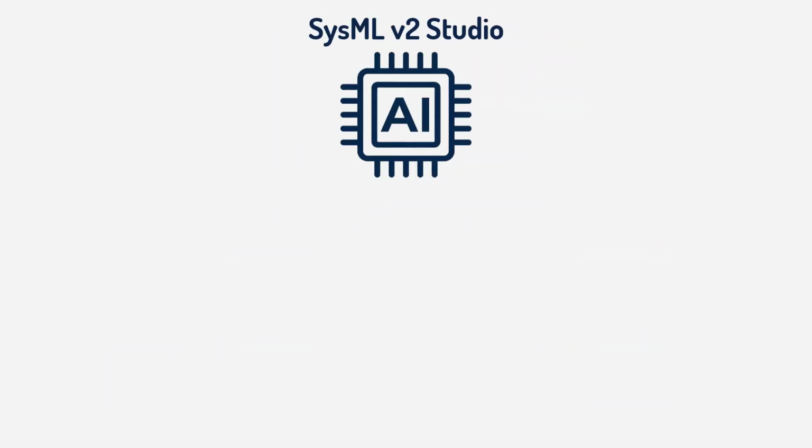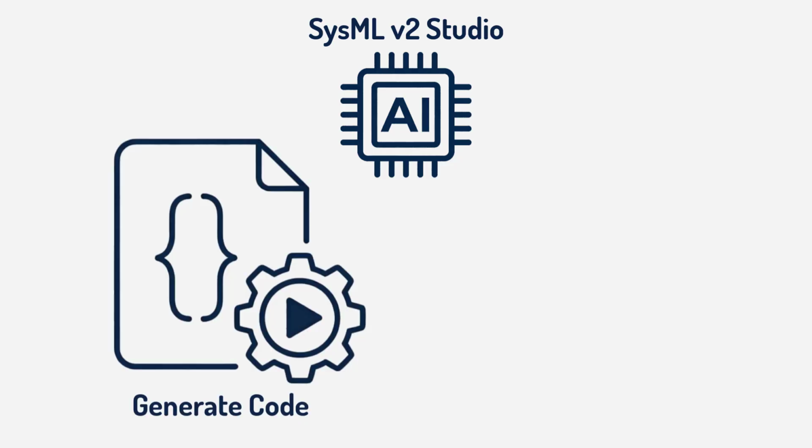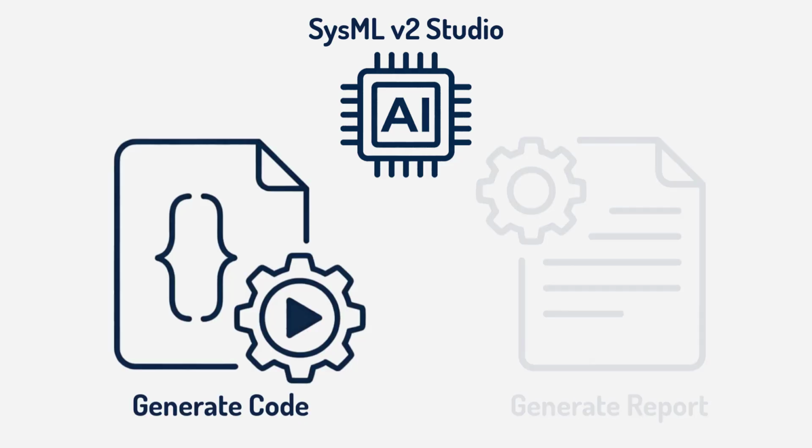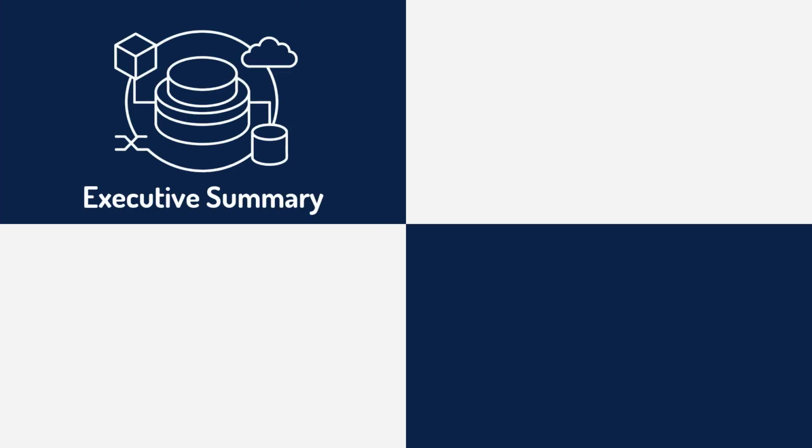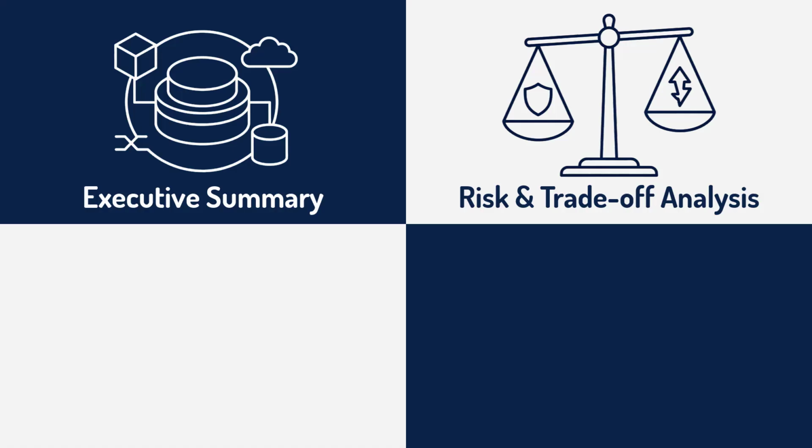The AI assistant in SysML V2 Studio is equipped with specialized analysis engines. Instead of just generating code, it can read your model and produce professional-grade engineering reports, including executive summary, a high-level overview of the system architecture intended for project managers and non-technical stakeholders. Risk and trade-off analysis. The AI identifies potential bottlenecks, single points of failure, or conflicting requirements in your model, suggesting